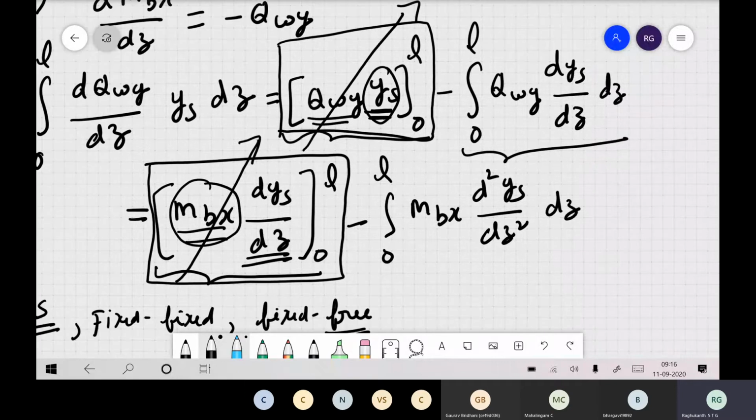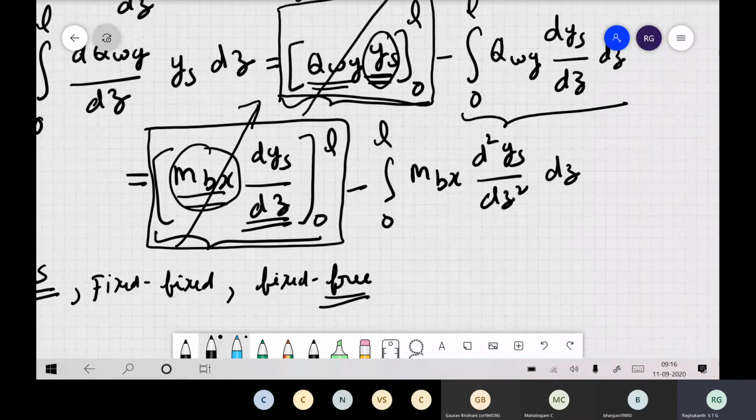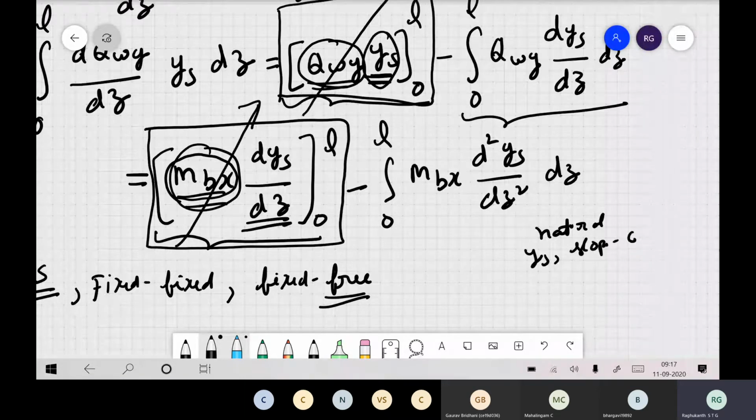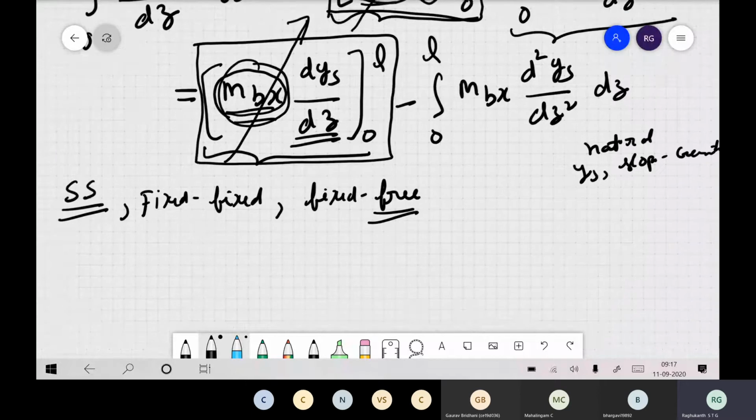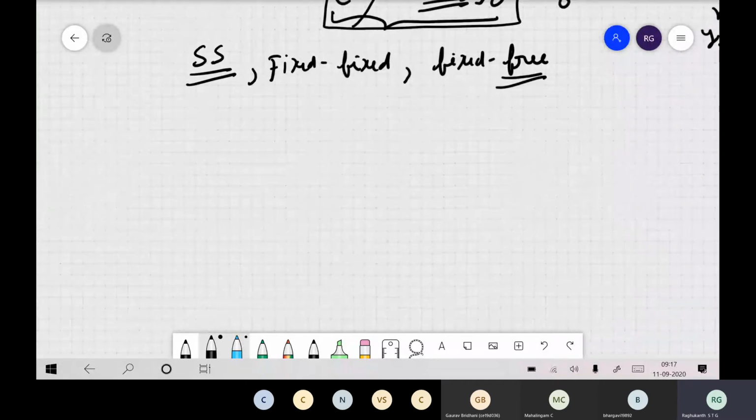The reason why it is always 0 is that the boundary conditions with respect to Mbx and Qy, we call them natural boundary conditions. And the boundary conditions with respect to deflection, these kinematic variables, the slope and others, we call geometric boundary conditions. But this is a special case where your boundary conditions are a product of geometric and natural. So whatever the case, these two will automatically be 0 itself. This is a very interesting case which comes in lateral torsional buckling.